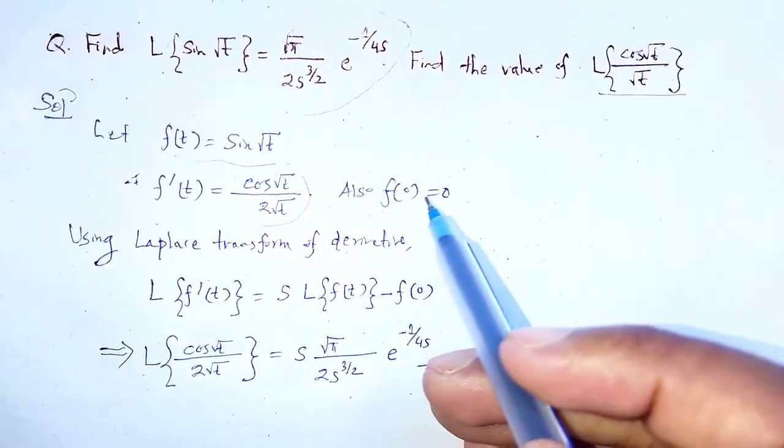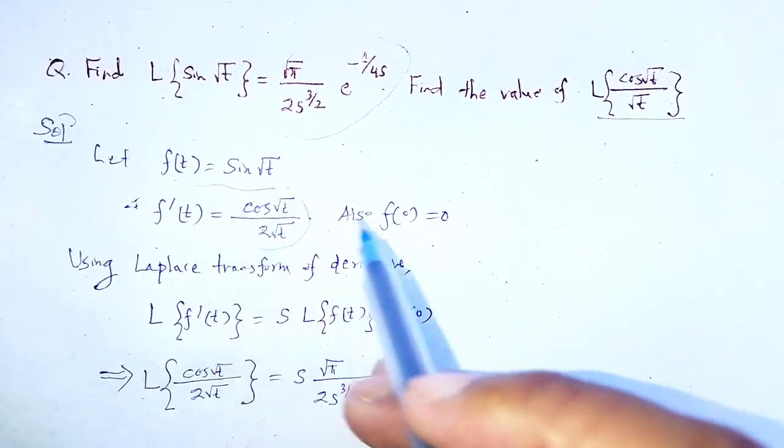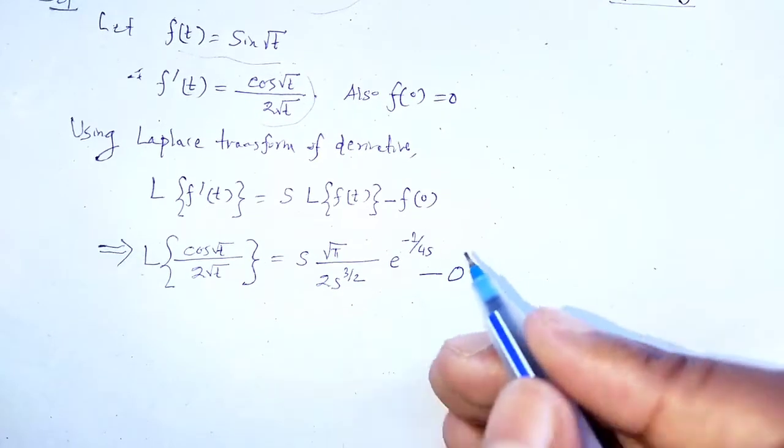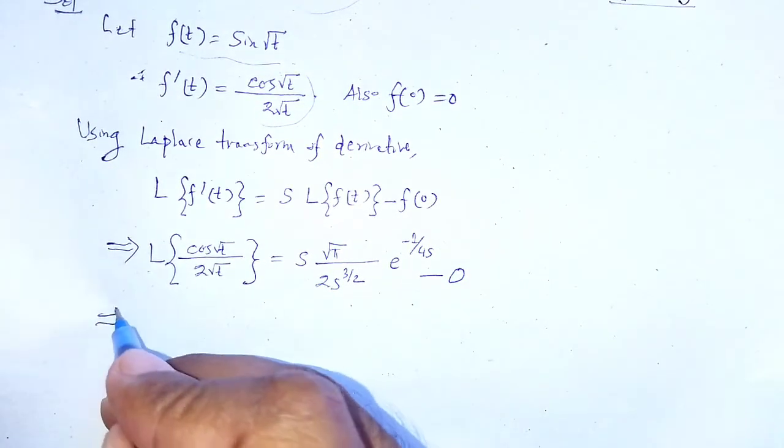The function evaluated as f of 0 is equal to sine 0, which is 0, which implies